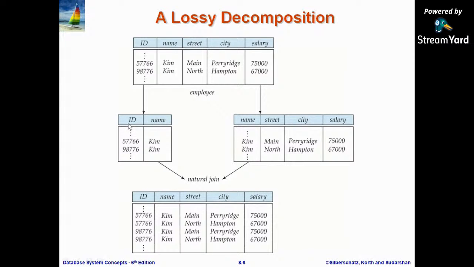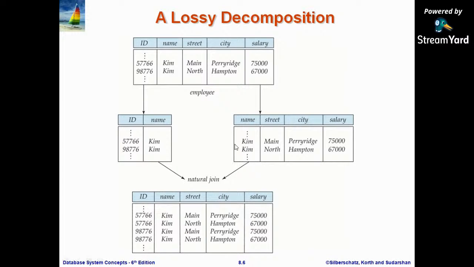One table consists of ID and name, and the second table consists of name, street, city, and salary. This decomposition is not a good decomposition because of how you combine the two decomposed tables. You will combine them using the natural join. If you combine them by natural join, you can see that the first Kim will be joined with